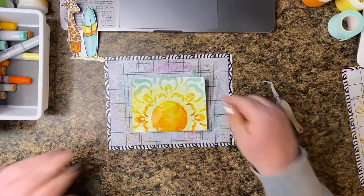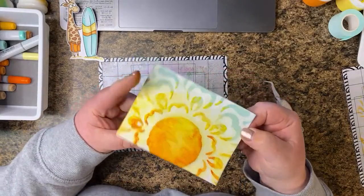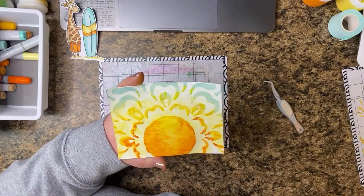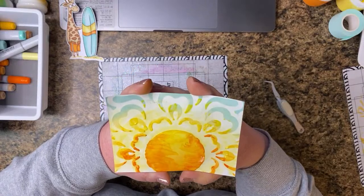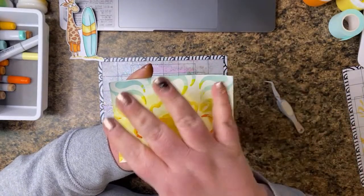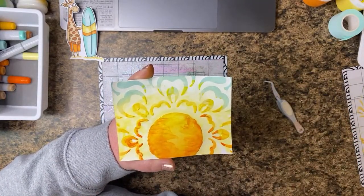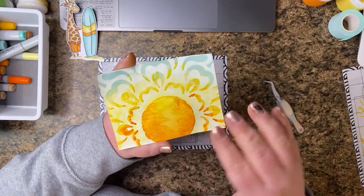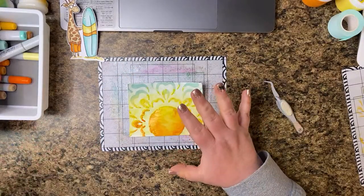Okay, so this is still drying, and I've got some pretty thick areas right in here that I know are going to take a little bit to dry. So I just wanted to show you guys this up close. This is the one that we did earlier. And see, blending out those colors with the water, I just like that glowy, rippley effect. And then the Chroma Glaze gives it some shine and highlights. So that still